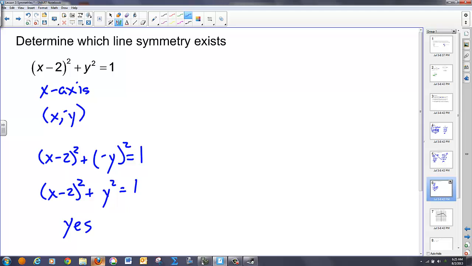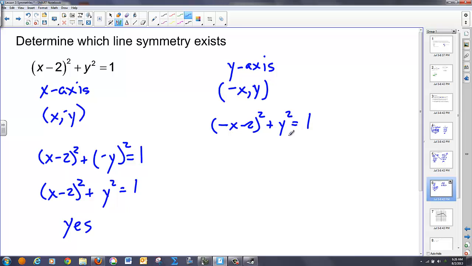Now we're going to check for y-axis symmetry. In order to do that, once again, we know that x is the opposite and y remains the same. So I'll make my substitutions. That's negative x minus 2 quantity squared plus y squared equals 1. This I'm going to take and FOIL out to see if it's the exact same. I'm not sure it's going to be, but we'll check. So if I FOIL that,